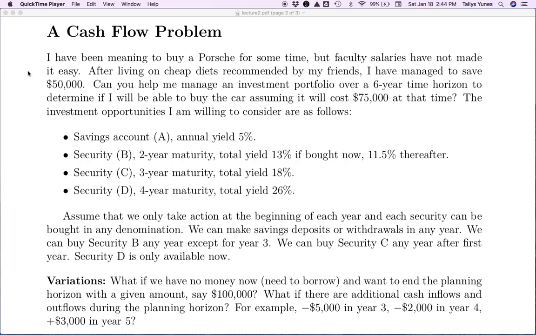Hello, today I want to go over the model more quickly, the math model, but more in detail, the Excel part of this cash flow problem that we saw in class together. So just to recall what the problem is about, we have an initial amount of money and we want to work with this money for 6 years so that